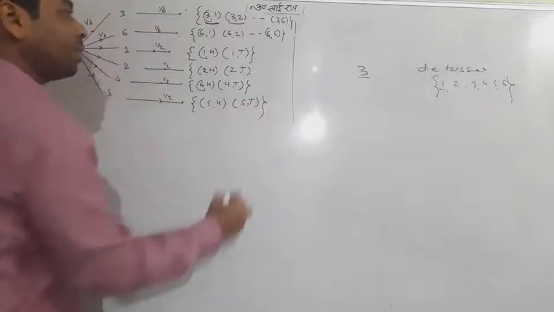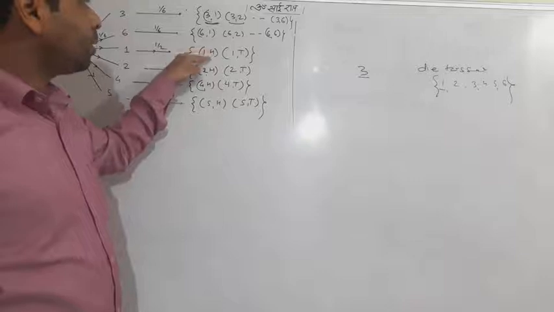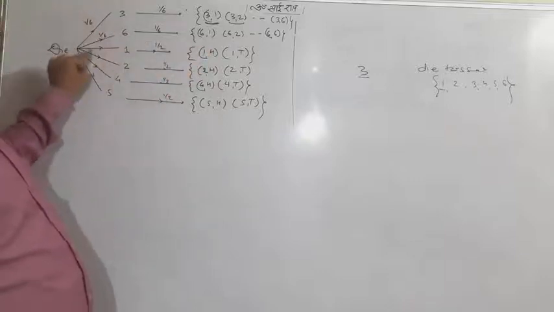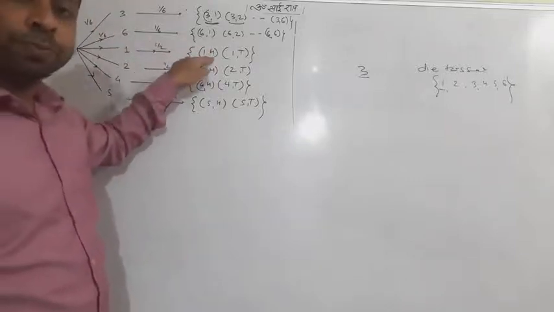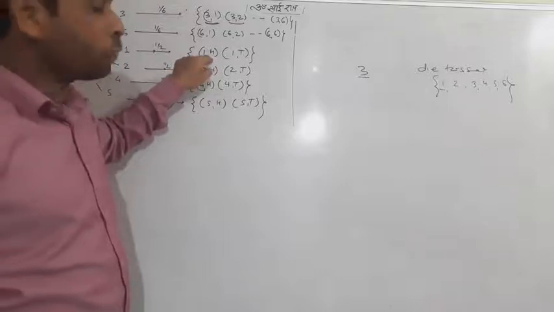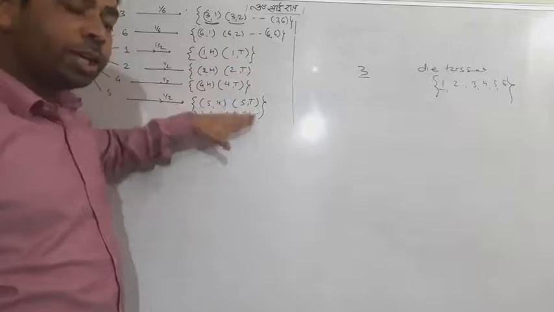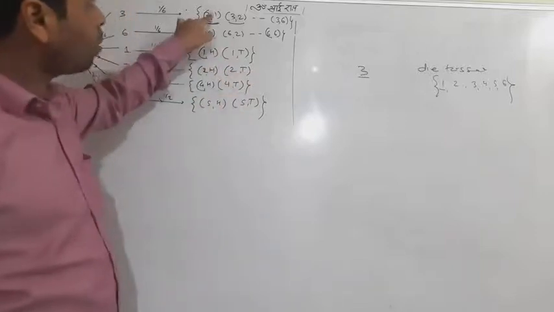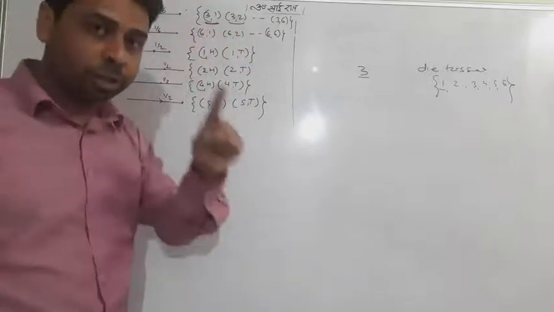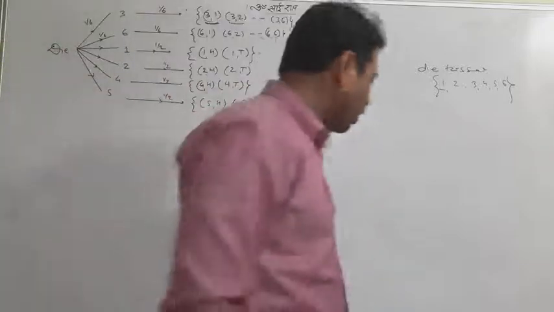Please try to understand and tell me what is the probability of this element. So simple, it was 1 by 6, it is 1 by 2, so 1 by 12. The probability of 1H is 1 by 12, the probability of 1T is 1 by 12 and so on till here. So all these elements have an individual probability of 1 by 12 and those elements have an individual probability of 1 by 36. So we have formed this whole tree.